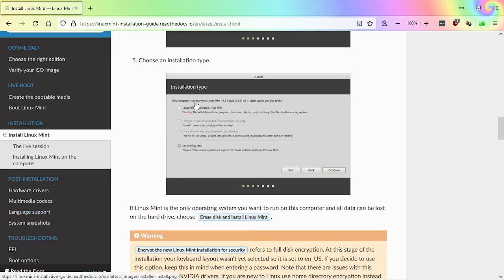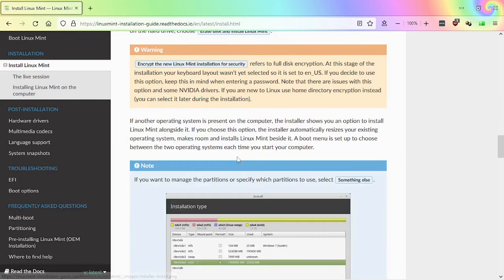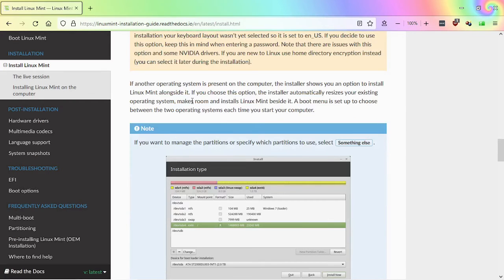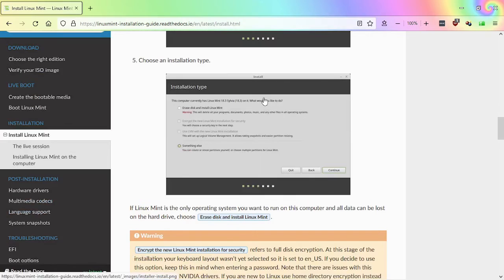Yeah, so that's that. I said that you could choose something else to install dual boot, but if Windows was already on your system, it would say install Linux Mint alongside Windows, and that's the option it was talking about there. It will handle the size of everything, and the something else option though is a little bit better